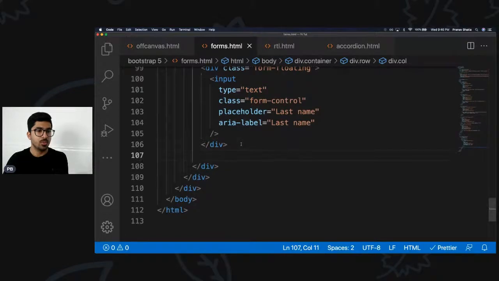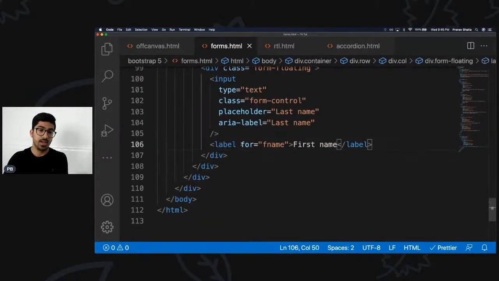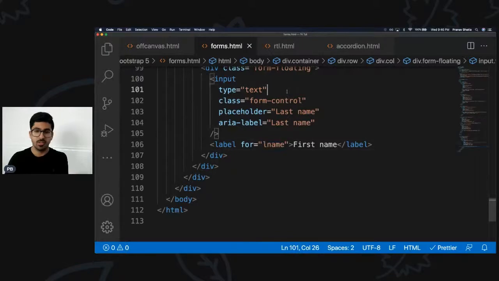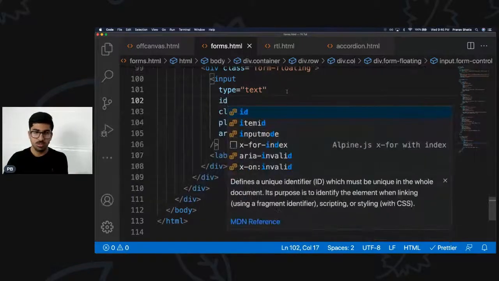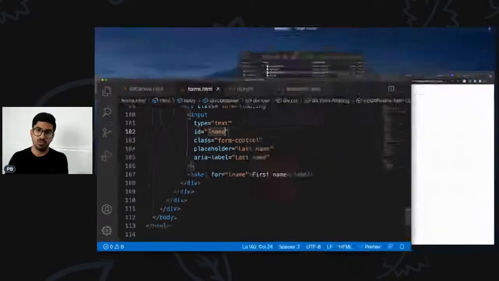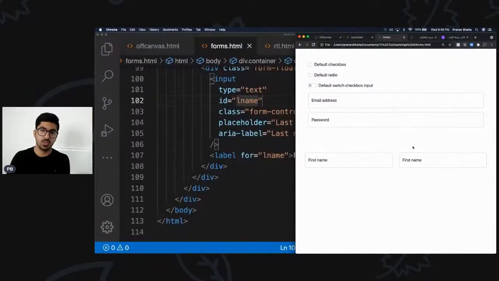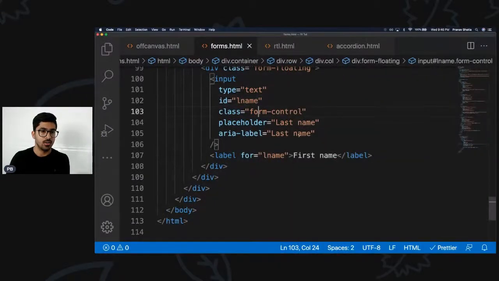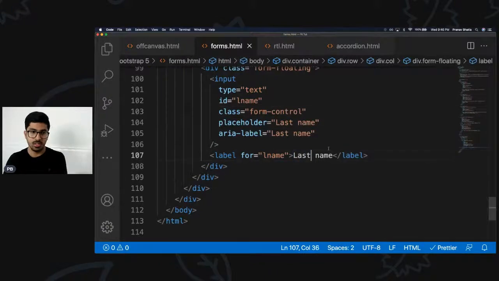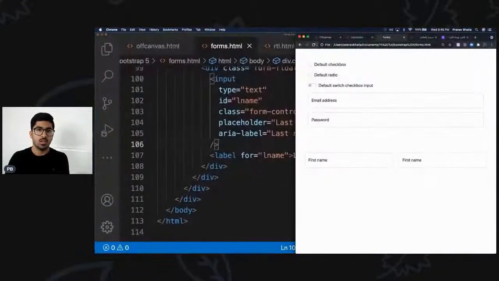Below the input box, inside the floating label div, you can just add a label. You can name it maybe lname for last name, and just give this one an ID of lname, so last name. This should work. And just name it last name. Now that easily we have two form inputs basically side by side,